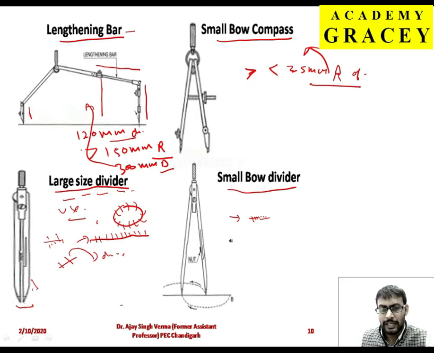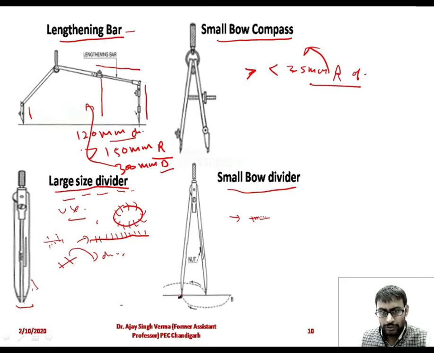You can see here these two needles, and you can see it is adjusted by a nut. This nut is provided to adjust the length as per the requirement for making minute divisions. Minute divisions can be easily measured and can be transferred onto the sheet also. So these are the drawing instruments that will be used in our engineering drawing.